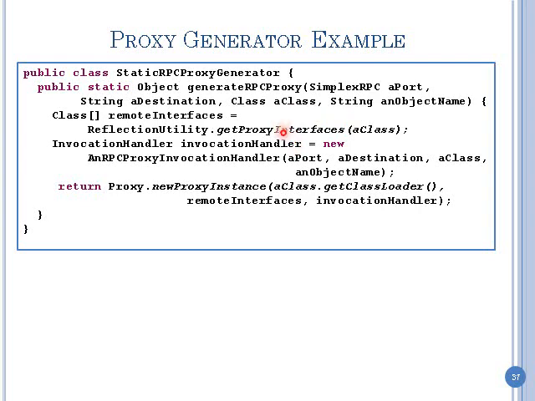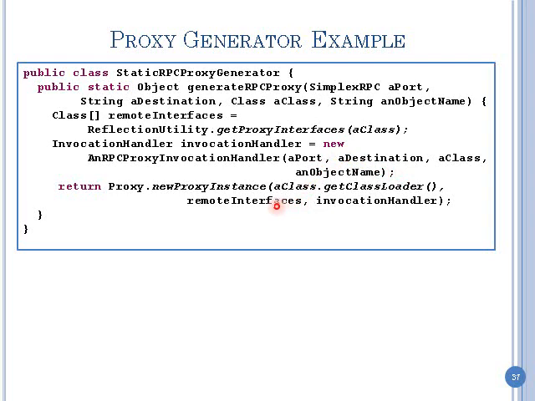What is this get proxy interfaces doing, you think? Getting an array of classes implemented by which class? The one that has that. This class? As it turns out, I also look at the superclass. Oh yeah, the whole thing. I think reflection doesn't give me the interfaces directly, so I saw in my code that I seem to be going to the superclass also and getting its interfaces. And I pass those interfaces